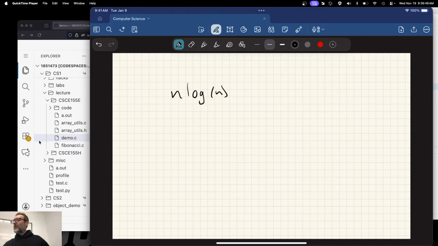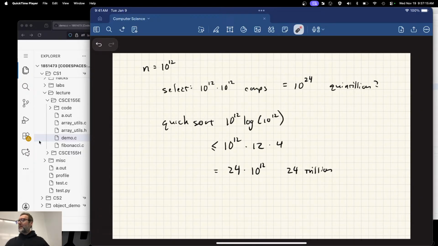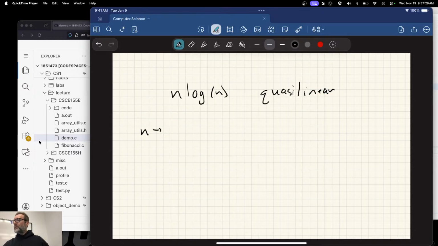we call this what's called quasi-linear. Quasi-linear. It is almost linear. It would be linear if we just ignored the logarithmic term. And in fact, in a lot of cases, people will do that. We won't talk about big O analysis, but there is big O and then there's a tilde above it where you ignore lower order logarithmic terms because in practice, there's almost nothing. In practice, if you've got 10 trillion elements, that term only contributes 24 to the final result. Right? So this is why it's quasi-linear. It's almost linear.